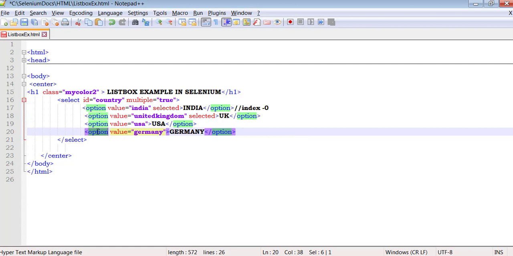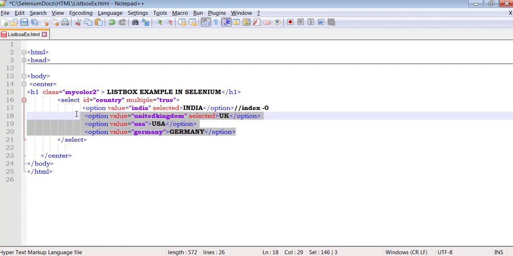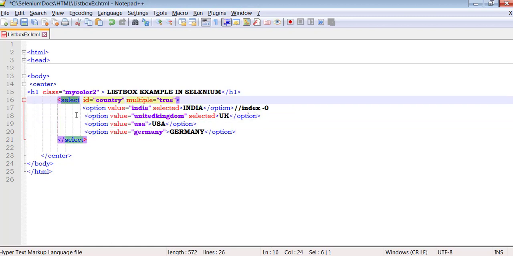You can select an option from the list box either by using a value, that is india, or by using the text which is visible in the web page, that is India, or else we can even use index 0. And all these options are available in a select tag that has the attribute ID equal to country.